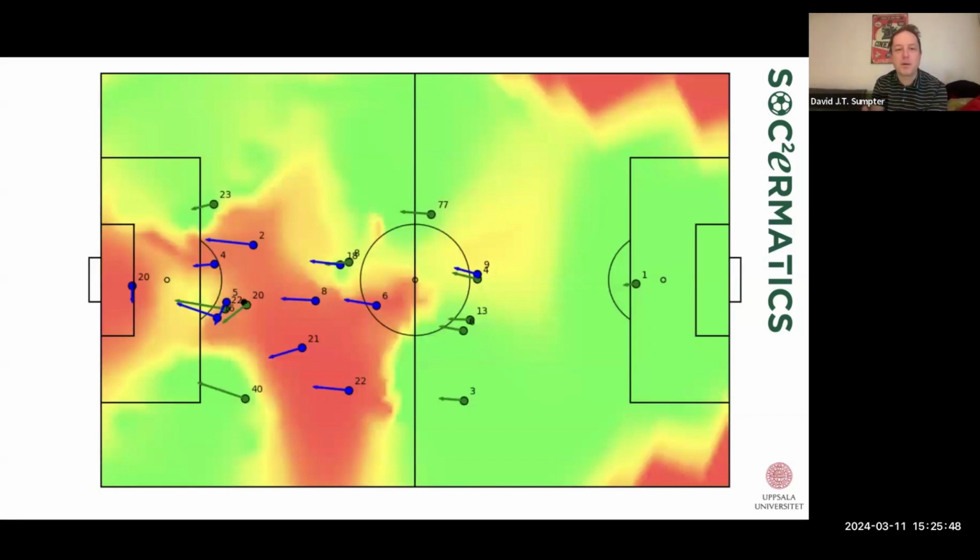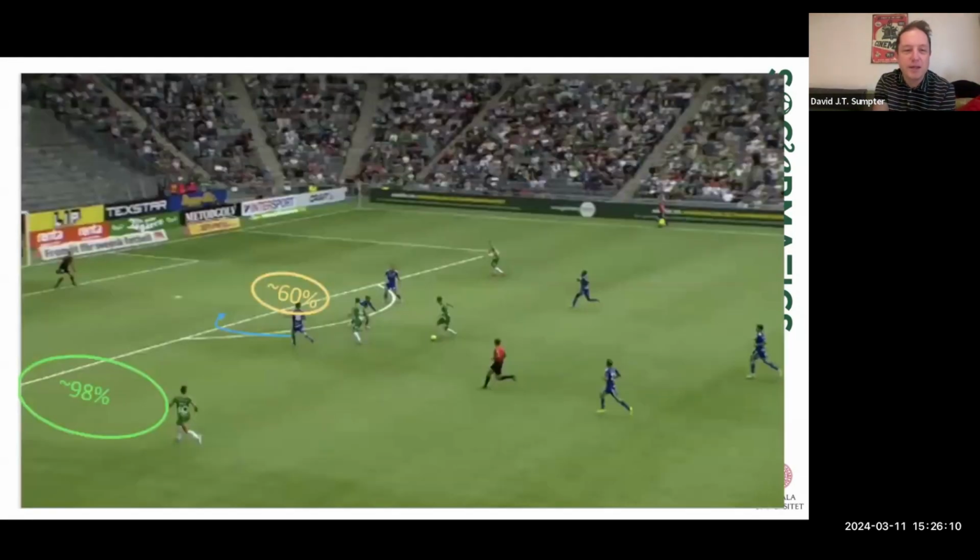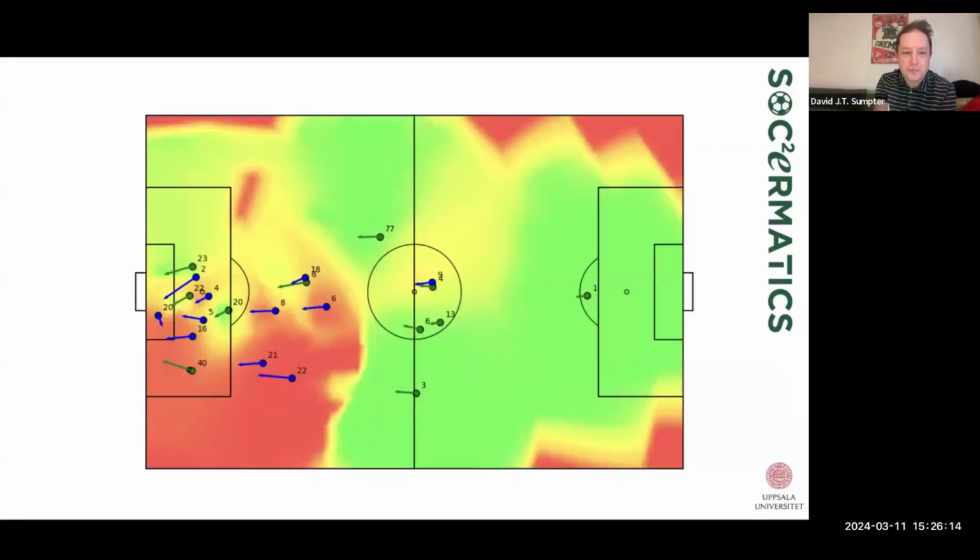And this leads to another type of diagram. I talked about pass probability. This is now the pass probability for player 20, when player 20 is the one with the ball. When he comes up the field, he has a small probability of making the pass forward to player 16, but he has a good chance of making the pass to player 40 or to player 23. He makes the pass out to the left to player 40. Here we can work out a 98% chance.